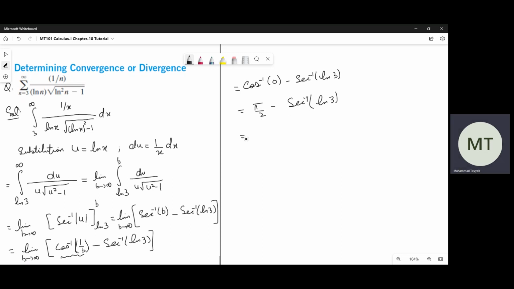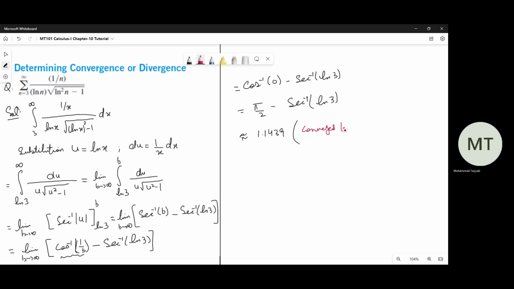Once you evaluate these values by the calculator in radians, you will have approximately 1.1439. So this has some constant value. Once the integration has some constant value, this means that this series is convergent by the